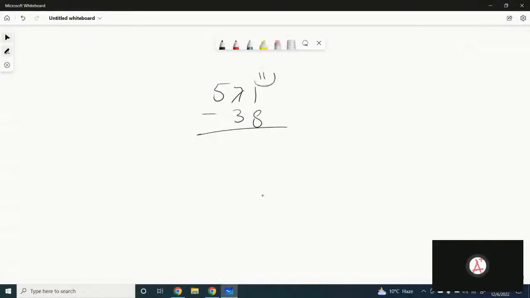You have to borrow 1, it would be 11, and here you have 6. So 11 subtract 8 is